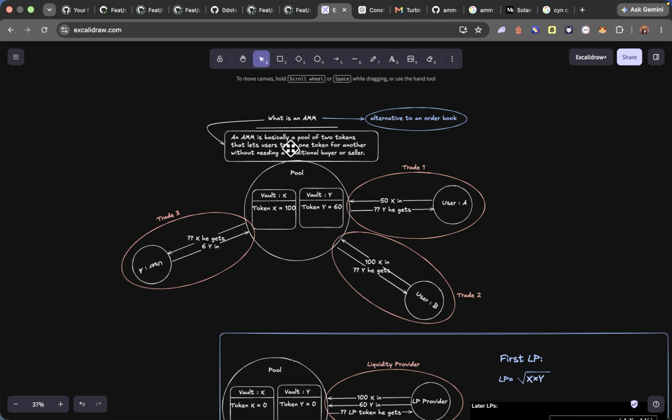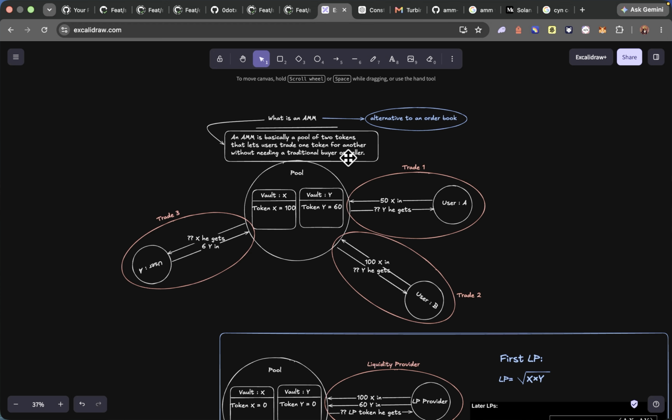So in an AMM, the price of the tokens is managed, or let's say facilitated, by a mathematical formula, not by any engine, not by something else, but it is purely done by a formula. So what exactly is an AMM? An AMM is basically a pool of two tokens that lets users trade one token for another without needing a